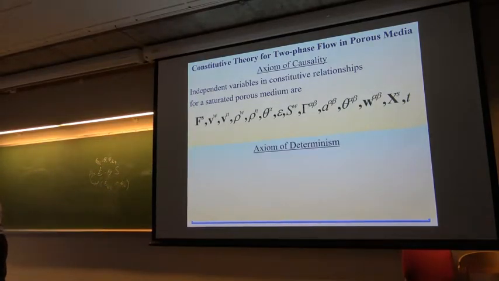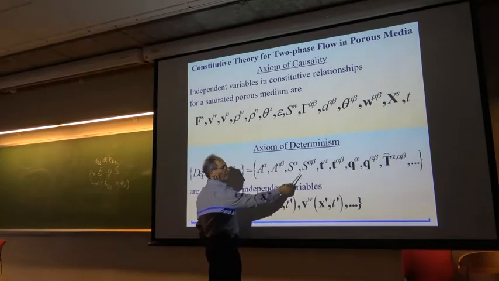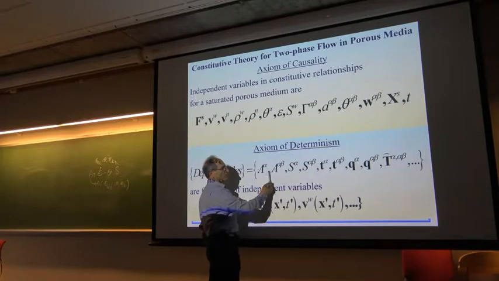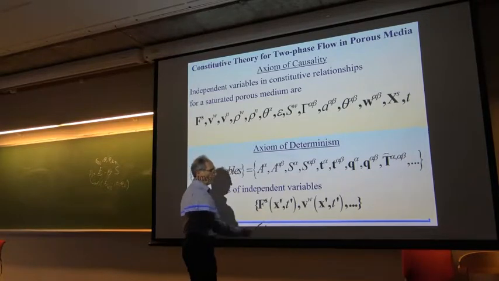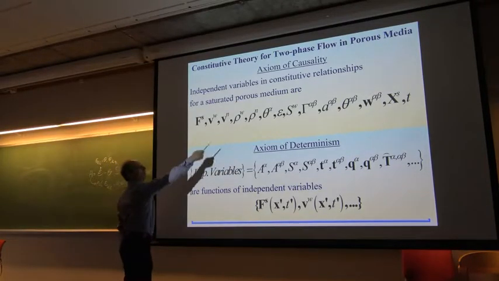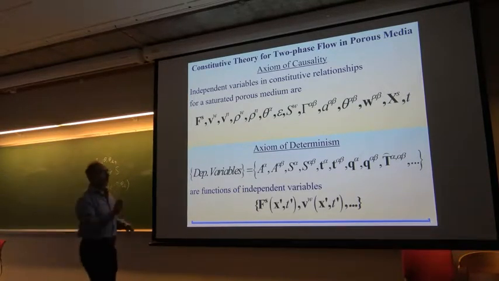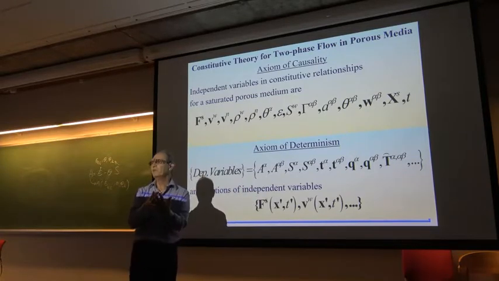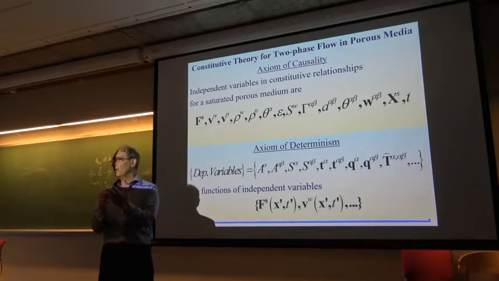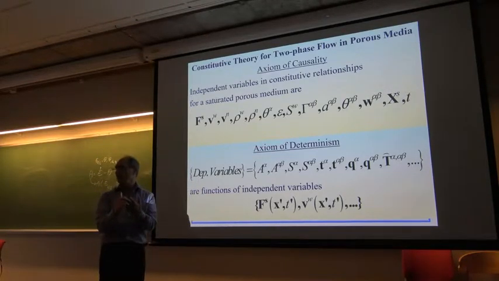And then it says that all those fluxes and densities in the balance laws are functions of these, and are functions of these at all past times and all points of space, of all those parameters. You know that for every unknown in the balance laws, the balance laws are a limited number of equations. You have one mass balance for each phase, one momentum balance for each phase, and one energy balance for each phase. Those are the equations.